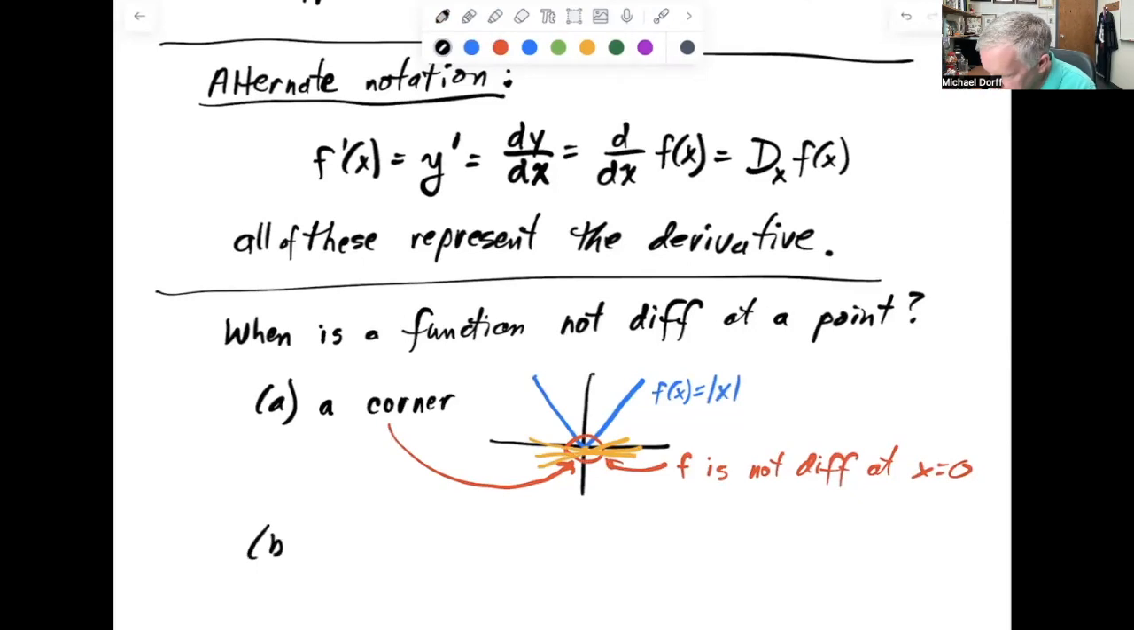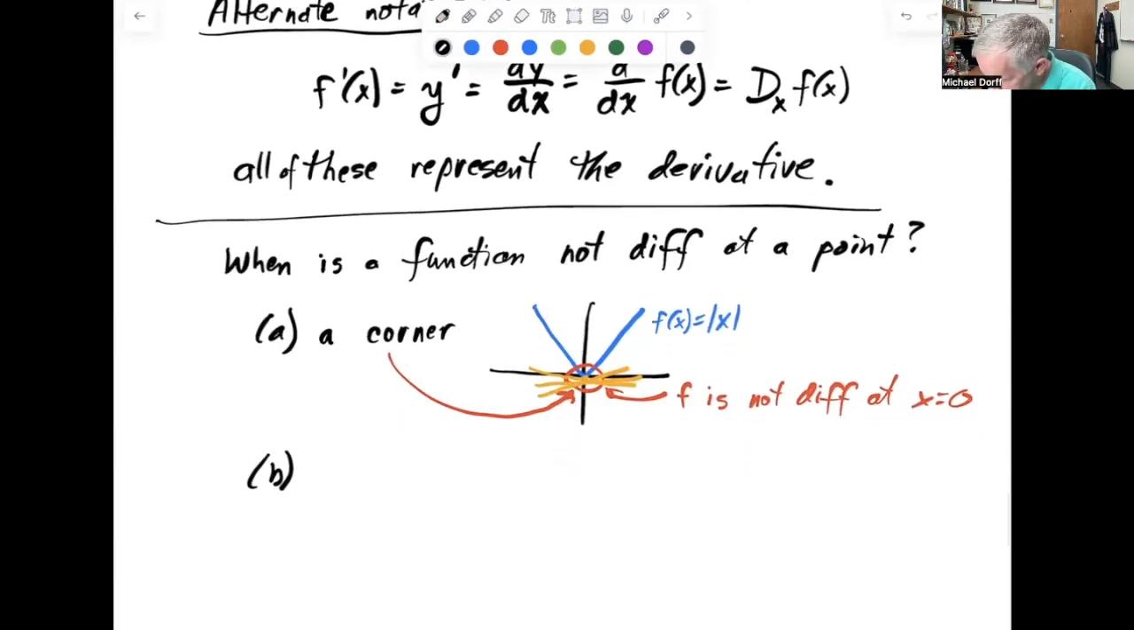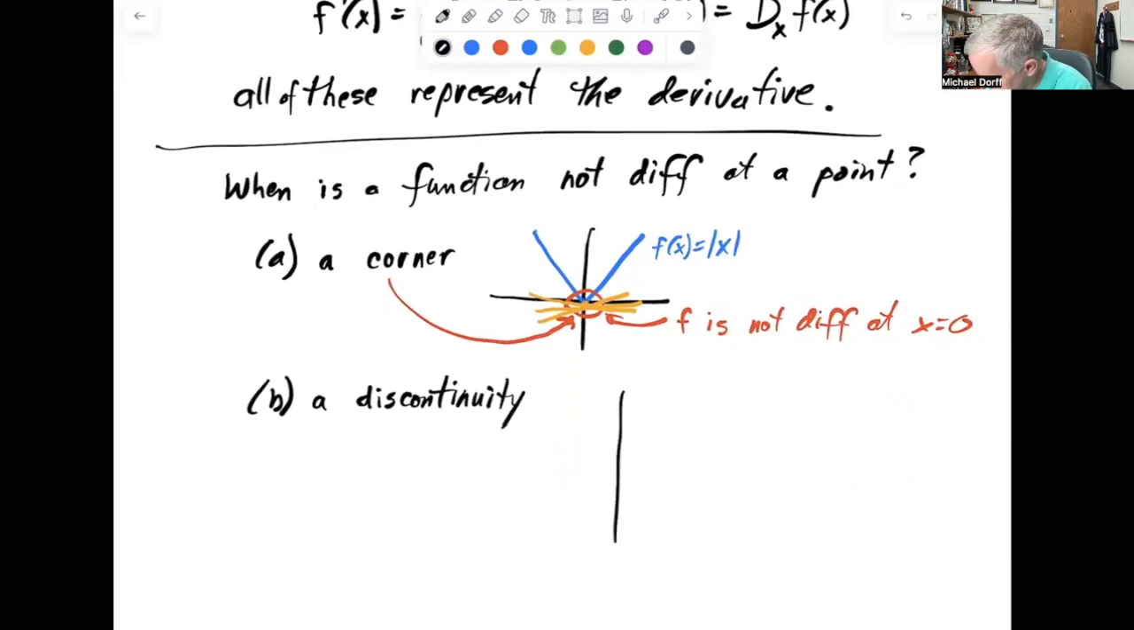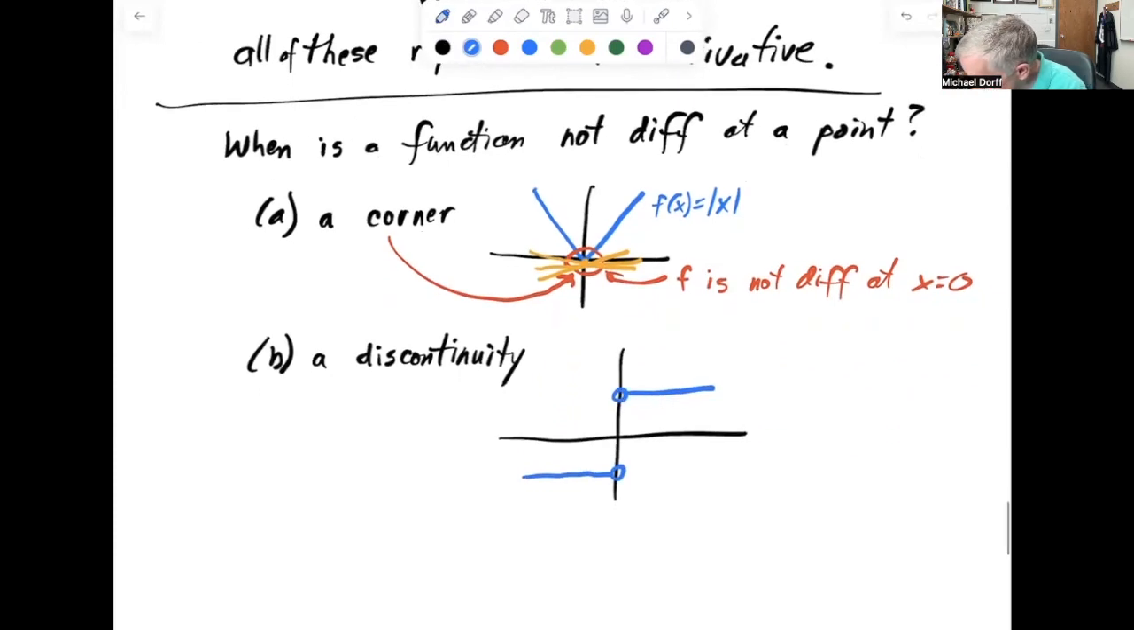A second case where the function is not differentiable is if there is a discontinuity. And this is one reason why we talked about continuity earlier. If I draw a graph of this, it could be something like this. All right. What's a function that represents that? If I have f of x equals 1 if x is greater than 0, and -1 if